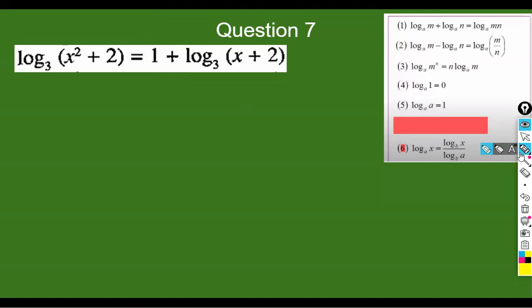Right, so let me give you a little jump start on this. I am going to end up using rule number 2. So you're probably wondering, how are we going to use rule number 2? Rule number 2 says something about a minus sign. If you have two logs and you're minusing them, and they have the same base, you can divide the quantities